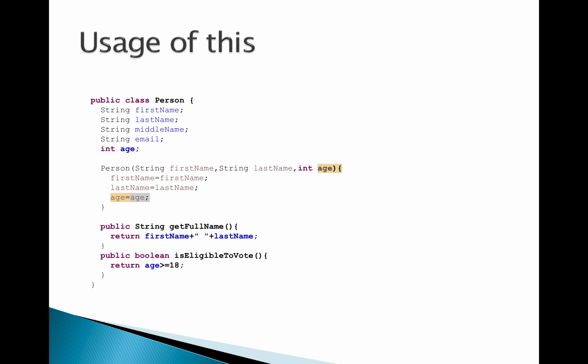So basically we will have that ambiguity, since the parameter name we are passing is the same as the instance name. It will be confusing whether the instance value is given to the parameter variable or the parameter variable value is given to the instance variable. To avoid this confusion, we can go ahead with